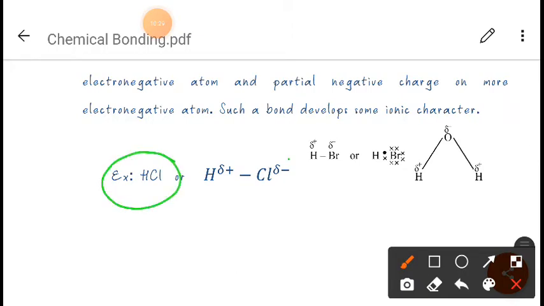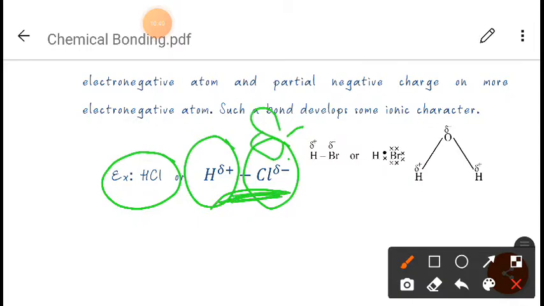In case of HCl, as you can see, hydrogen is less electronegative than chlorine. So at that time what will happen, the electron cloud will shift towards the chlorine, and chlorine will take a partial negative charge since it is more electronegative, and hydrogen will take partial positive charge because it is less electronegative, okay. Now in the same case, if you see in the case of